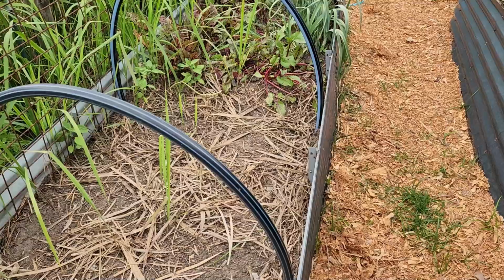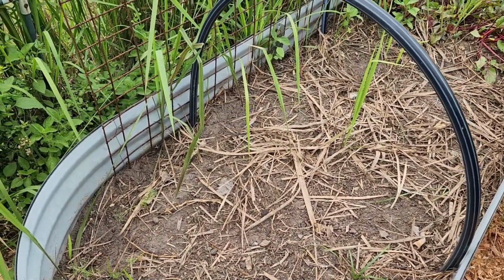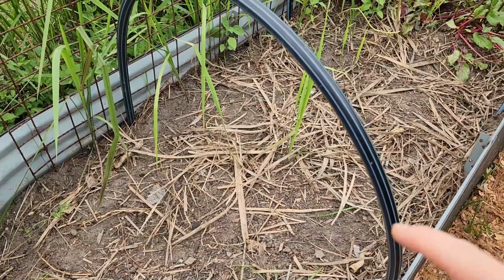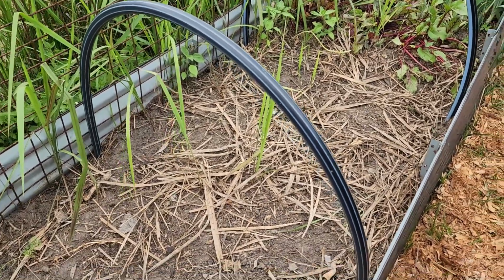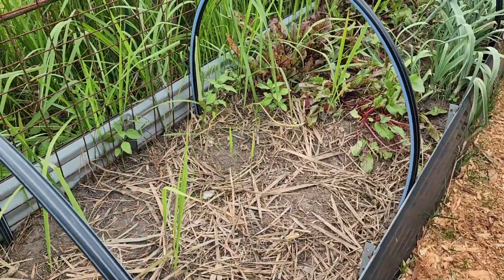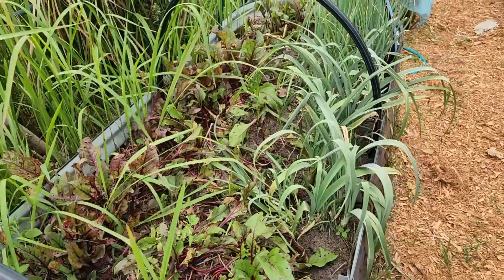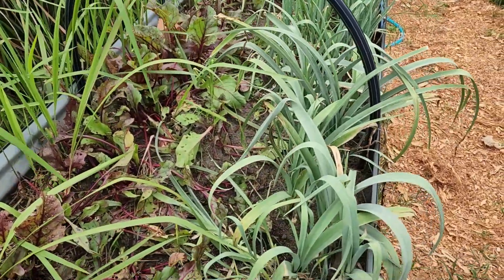And here we have harvested, what did we harvest here? Oh, we had some peas in here. And I had cabbages in there as well. So now I will have to enrich the garden bed again. I made some videos about it, how I do it, and it works really well. So if you want to check my other videos, I will not expand on this one, so we can move on. I have some